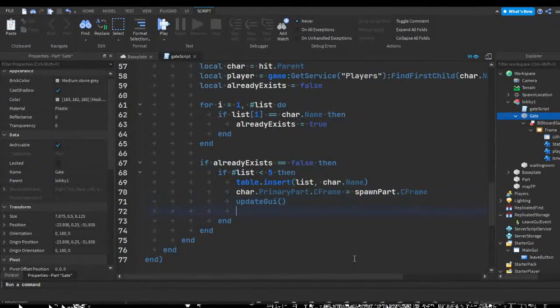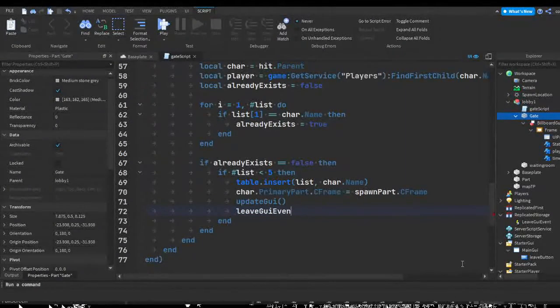So this is going to change our UI. And here we're going to call our leave GUI event, because we're going to be making it so it pretty much removes all of the leaving aspects. Like if the player, I'll have to demonstrate that. So that's that part. Actually, we should